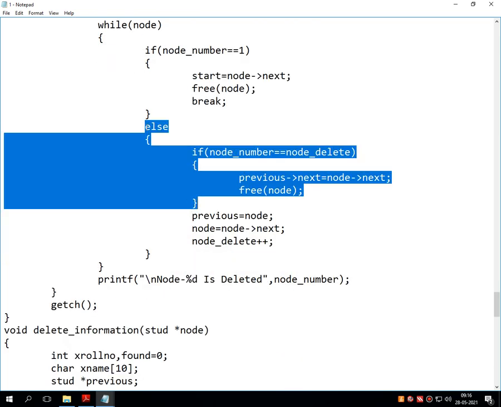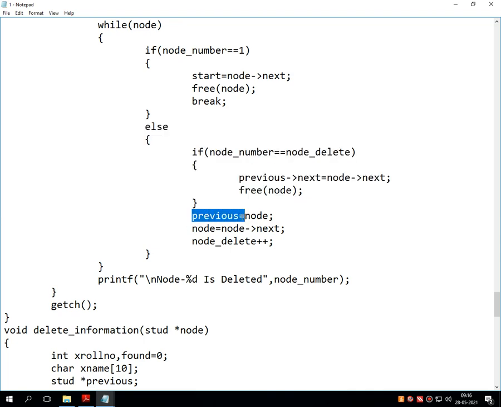But if this condition is false, that means I have entered information that is not a first node or a last node, a middle node such as the third node. Then first of all it releases the previous connection and also the next connection, and then it deletes the node. So how many nodes are there now in my linked list? Total number of nodes is 5. Lastly, it displays that the node is deleted and displays the node number.